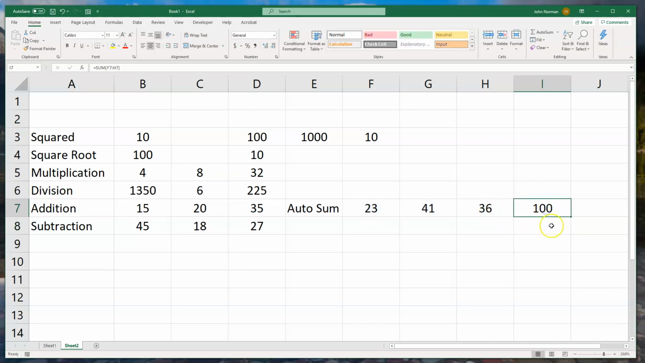Now, a faster way to do that, if I delete that formula out of there, is I just hit Alt equals, and it automatically selects the range closest to it. So there we go. Doing the order of operations, we do parentheses first, exponents, square roots, multiplication, division, addition, subtraction. It's a little bit of basic information on using